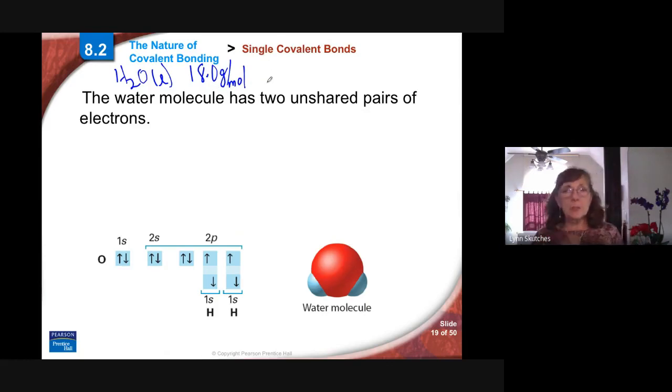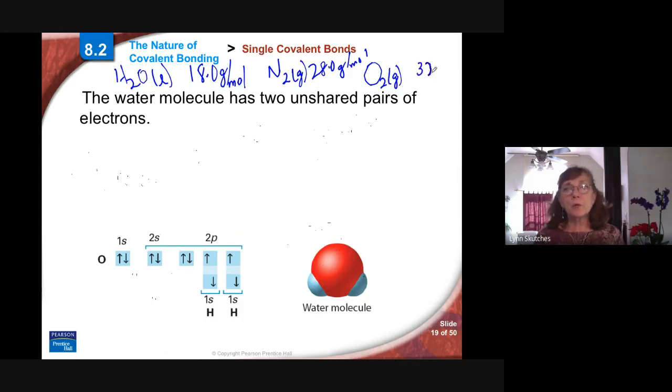Other substances that you're familiar with, like nitrogen, is a gas. It's in the atmosphere. Each nitrogen's 14, so that's 28 grams per mole. Oxygen gas in our atmosphere, 16 times 2, 32 grams per mole. Carbon dioxide, 12 and 32, 44 grams per mole. I don't remember that from the mole-based stuff that we did back last semester, but